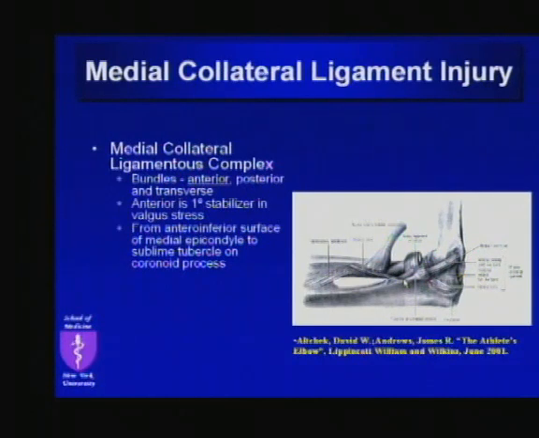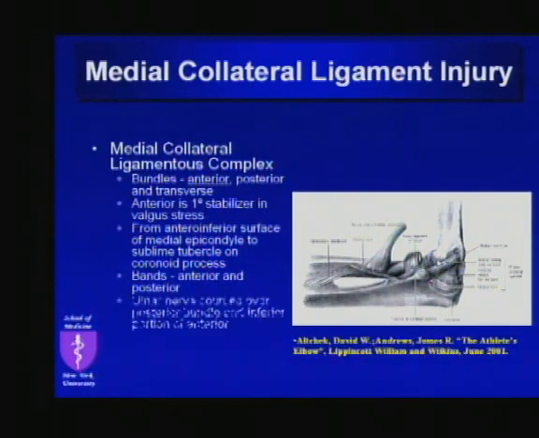Now, if we haven't complicated things enough, we take that anterior bundle and we split it up into anterior and posterior bands. This is not a distinction that you're going to be able to make on imaging. Essentially, the ventral 50% is the anterior band, the posterior 50% is the posterior band, but you will see this